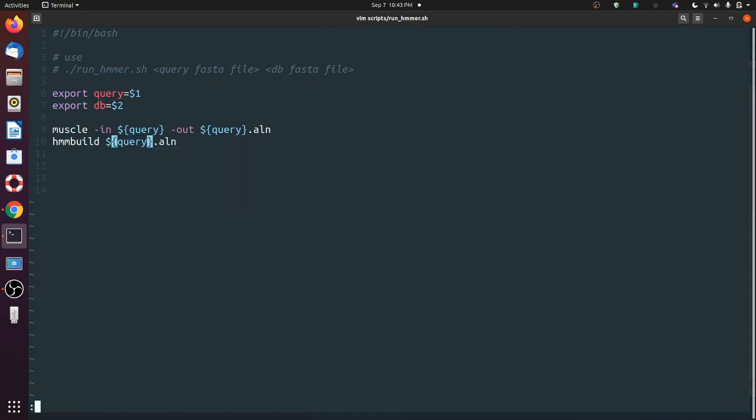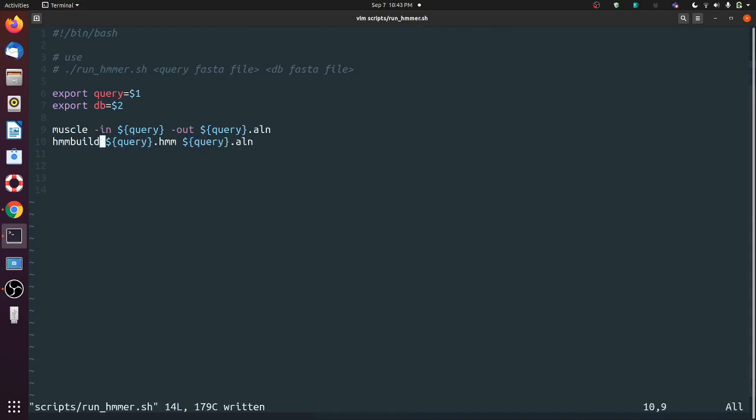The output, or actually I'm making a mistake already, .hmm. We create the profile hidden Markov model, and then the output will be